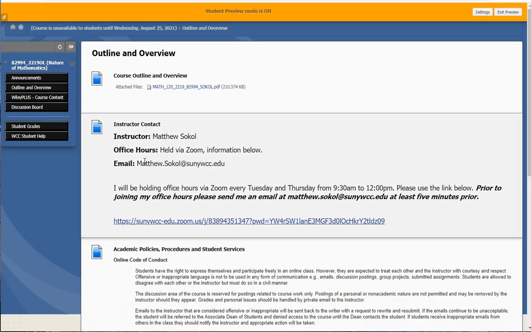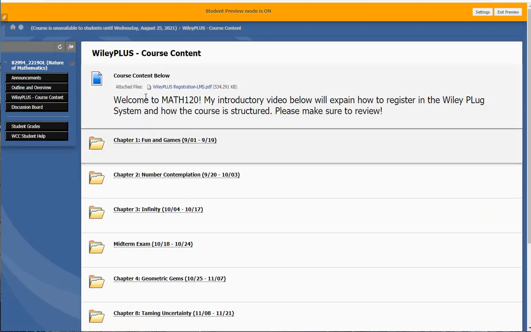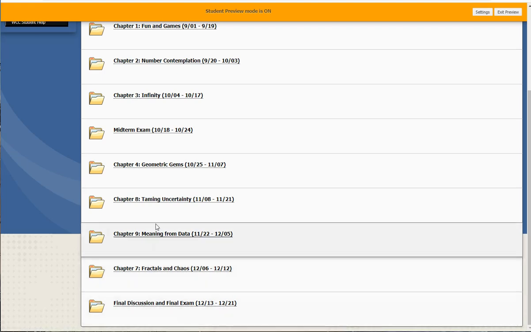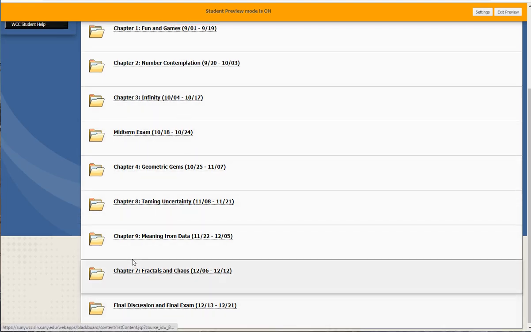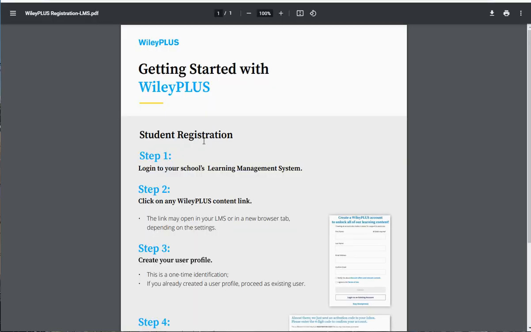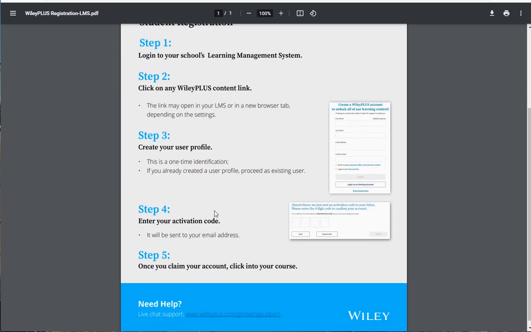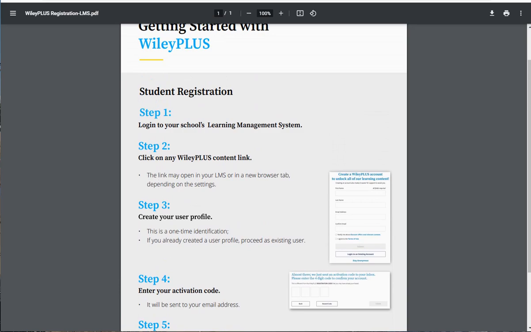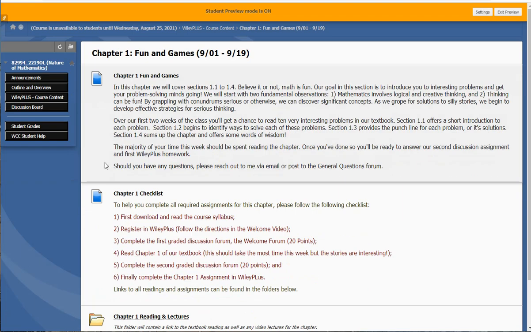Going next, where you're going to spend most of your time is this Wileyplus system here. Let me click on this. What you'll see when you log in is all these folders, and these folders correspond to the chapters of the class, like again, the midterm exam and the final exam and their dates. The first thing you're going to want to do is get registered in Wileyplus. You'll see this PDF here that says Wileyplus Registration. When I click on that, it explains to you how to register in Wileyplus.